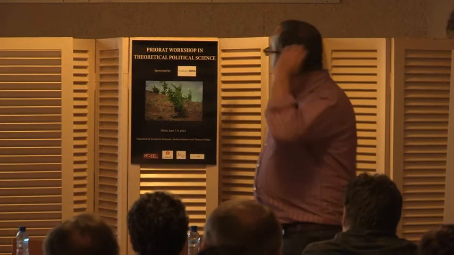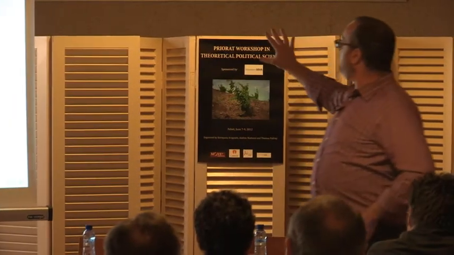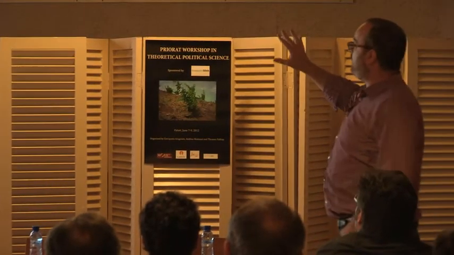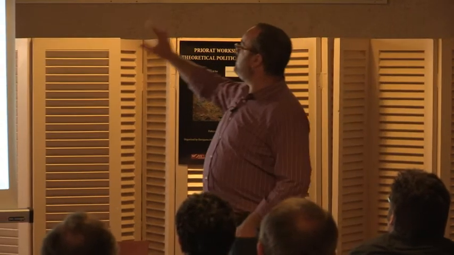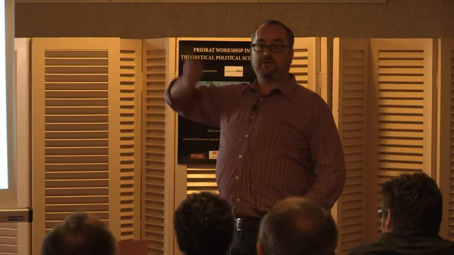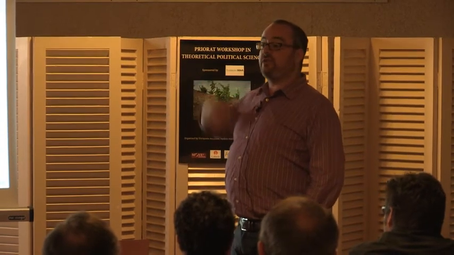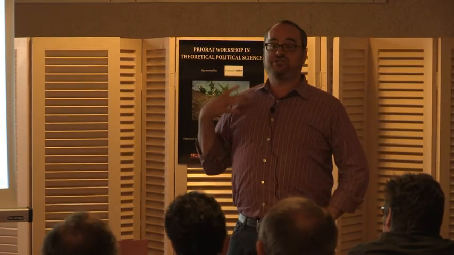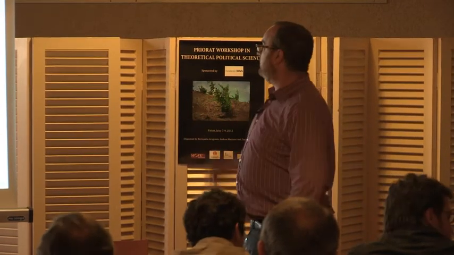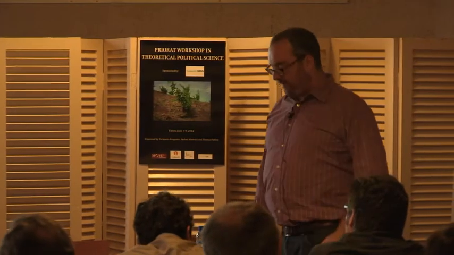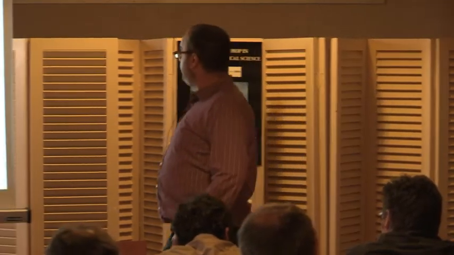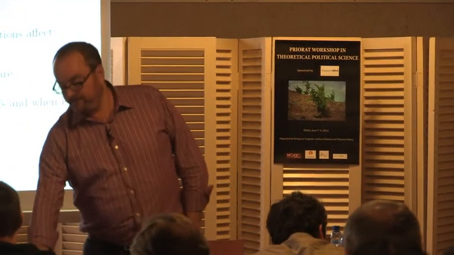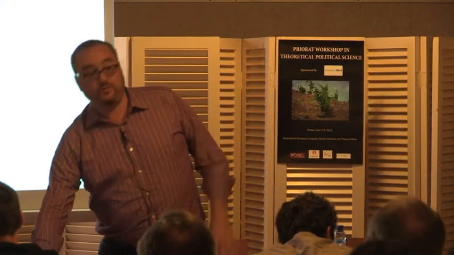Okay? And the comparative static question we're going to ask with respect to the welfare comparison is how do changes in the voter's preference weights between the two tasks, so how much the voter cares about one task versus the other, and how do changes in the amount of correlation between the task-specific abilities, so in some sense how similar the two tasks are, affect these two aspects of voter welfare and the optimal institutional design. All right, so that's what we're doing. So now I'm going to show you equilibrium under bundling.